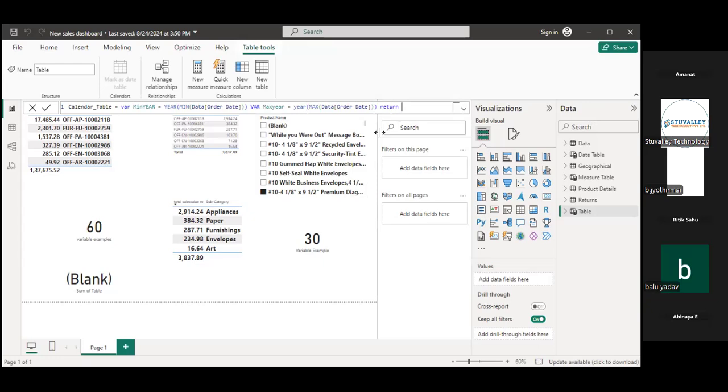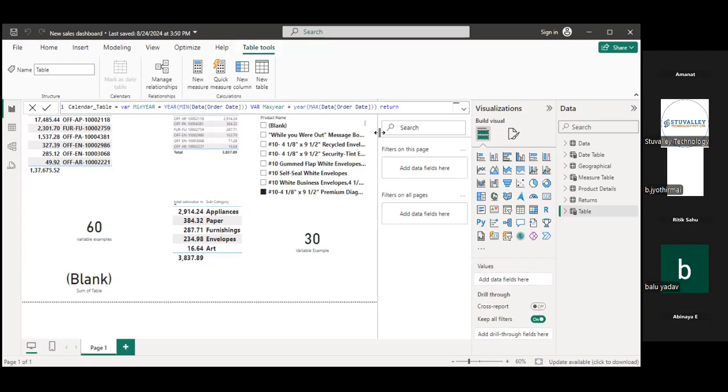Now what is my requirement? I want one date table, but with different requirement. If I only want date column, for that we have two functions. One is calendar, if we are aware about our existing data. If we are not aware about our existing data, for that we have calendar auto function.